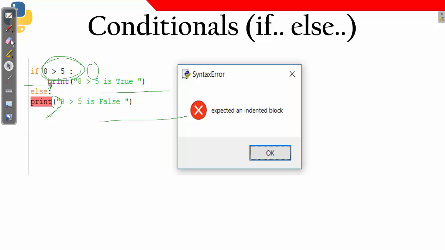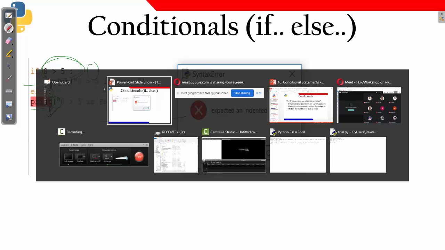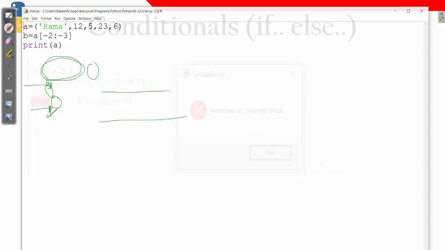Because after this colon, the interpreter is expecting a block of statements, at least one statement, and that statement must be properly indented. Whatever space you have given here, the same space you need to give here. Let us do an execution, a program, so that you will be able to understand it.